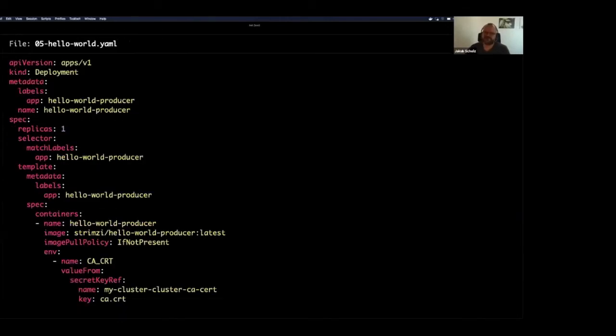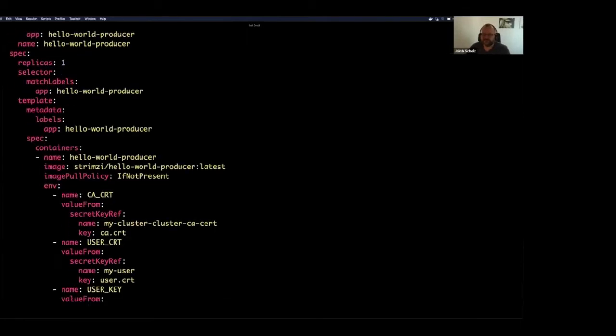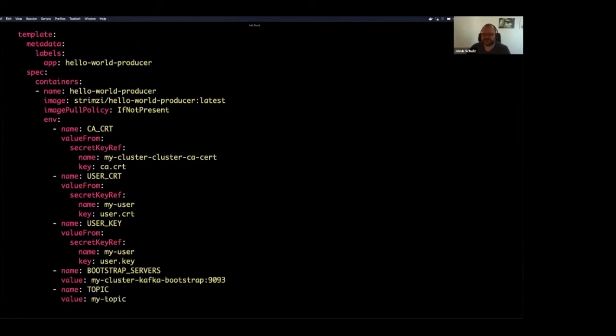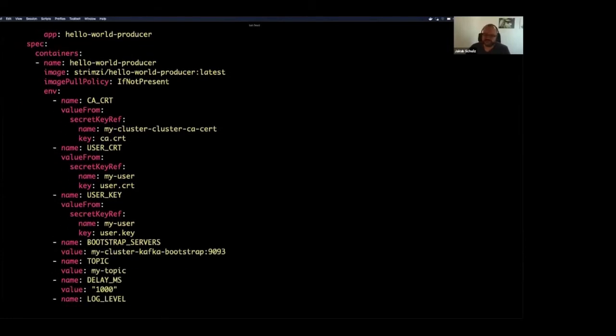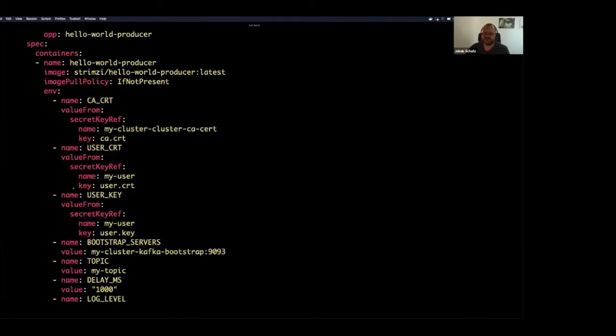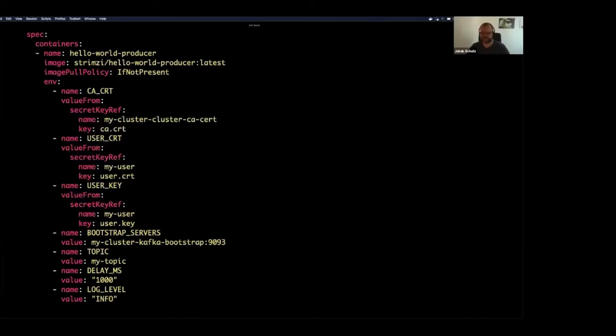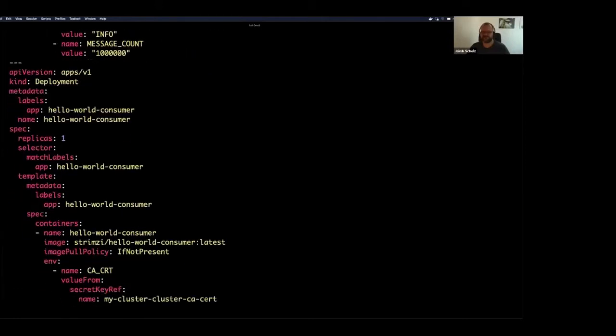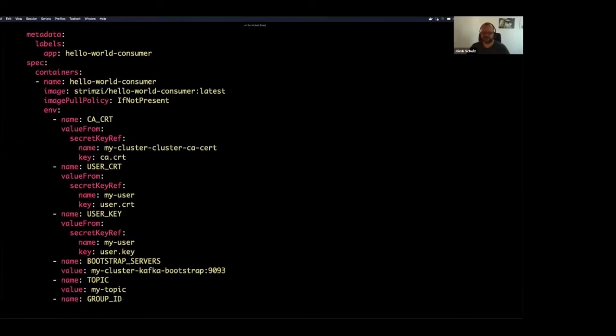And I have here really just a simple hello world application. It's really just 2 deployments. One is a consumer and producer, and they are sending some dummy hello world messages. Because we have the user operator which created a secret for the user, I can really just mount the secret into the pods to use it for the authentication. So I do not need to do anything special to set up the authentication here. So now we can deploy it,